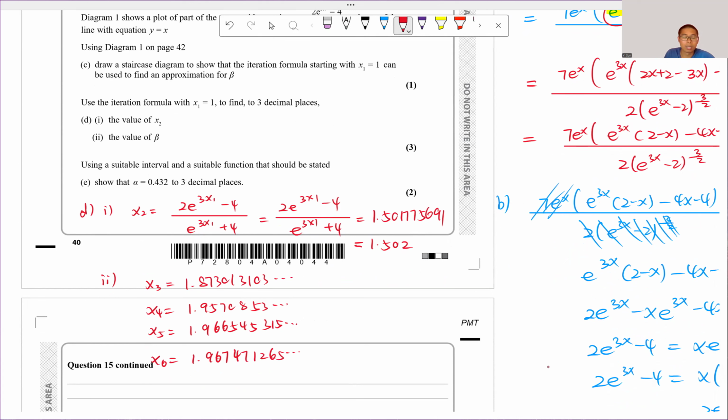So far, if we rounded to 2 decimal places, they will be the same. They will all become 1.97. But if we round to 3 decimal places, x5 will be 1.967, and x6 will be 1.967 as well. So they'll be the same. So that means correct to the